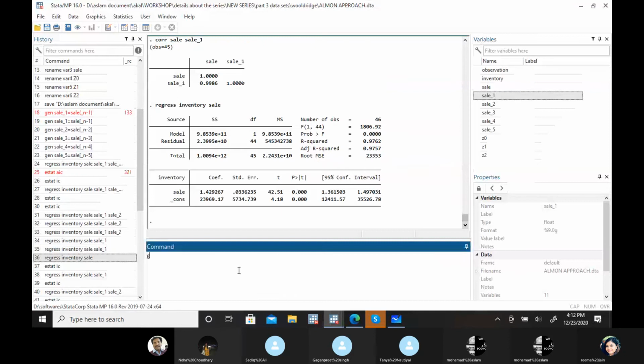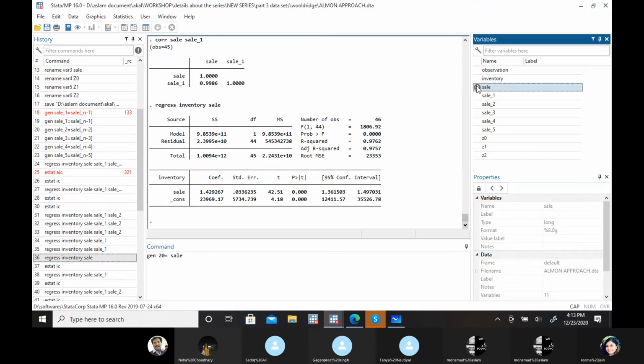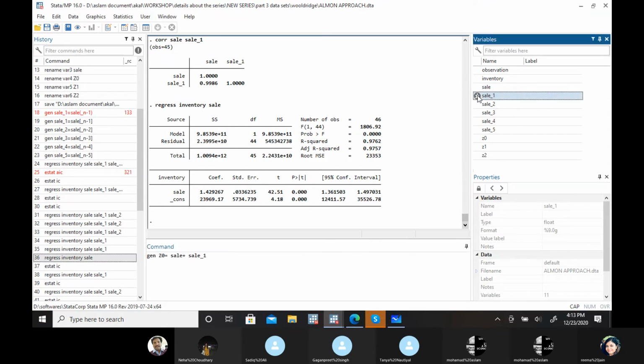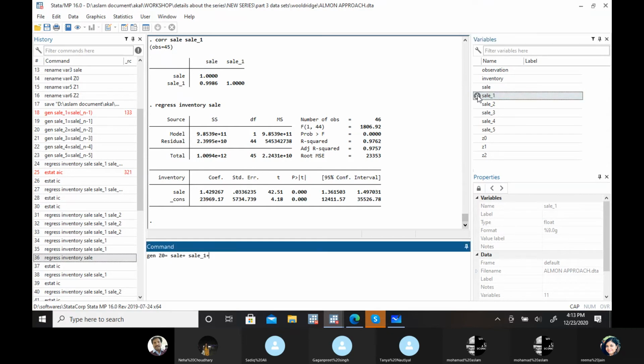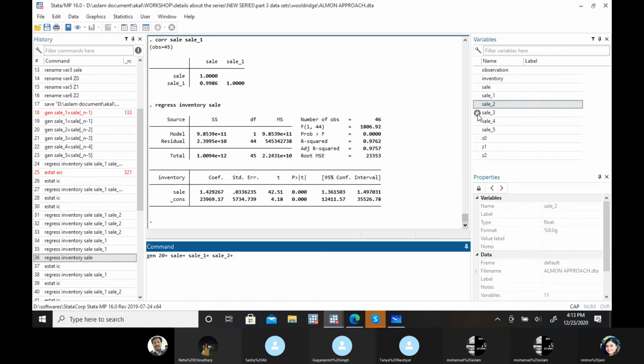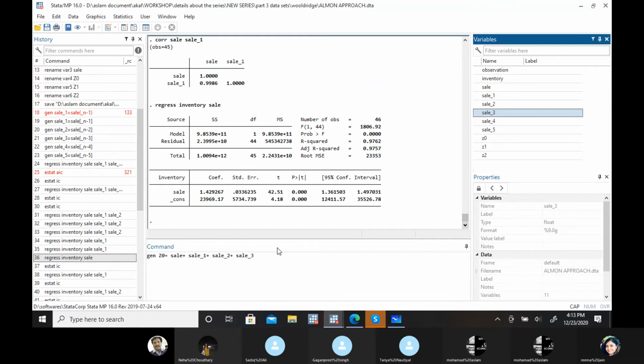So first we have to make this Z0t variable. So you have to generate, let's say, Z0 equal to xt plus xt minus 1 plus xt minus 2 plus xt minus 3.